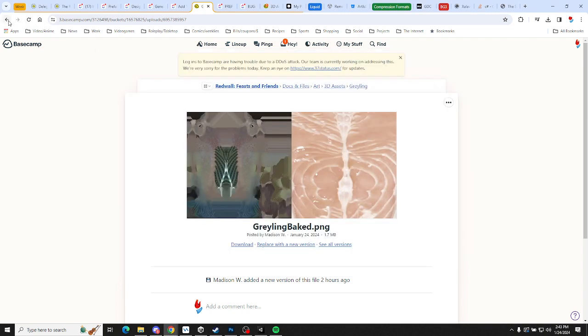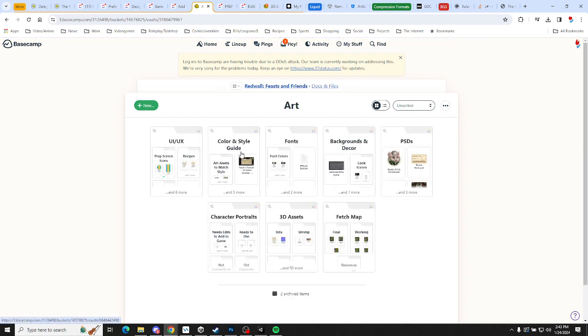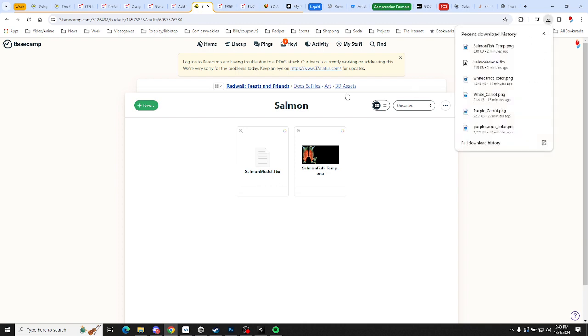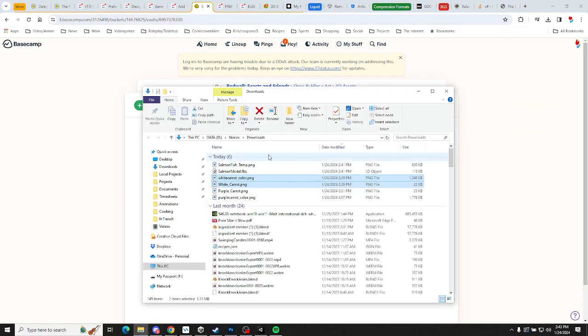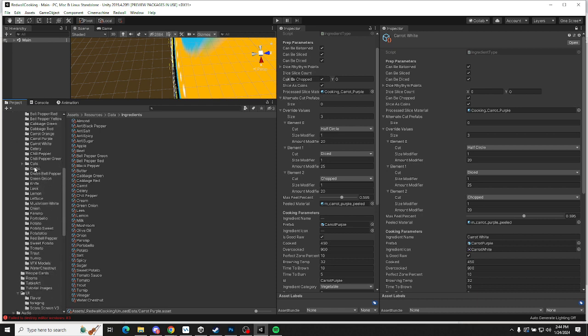Alright, so go up to, nope, 3D assets, salmon, that's what I want. And we download both of those, yep. So now we go here, boom, boom, and we go to the project, here we go. And we go to